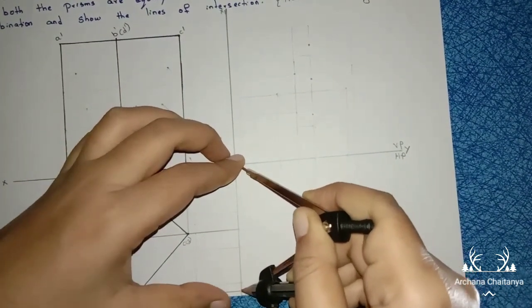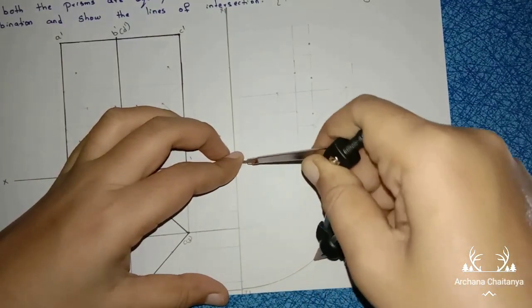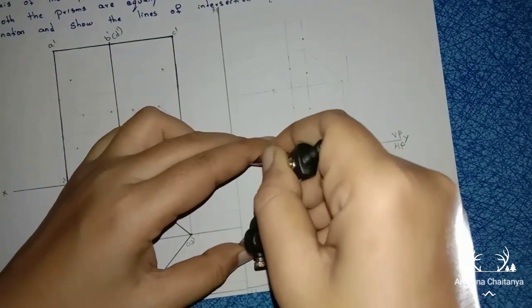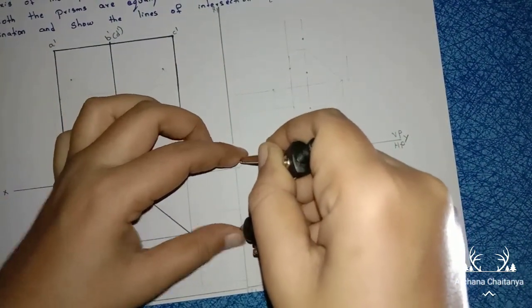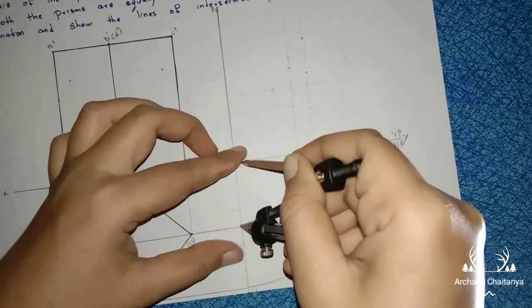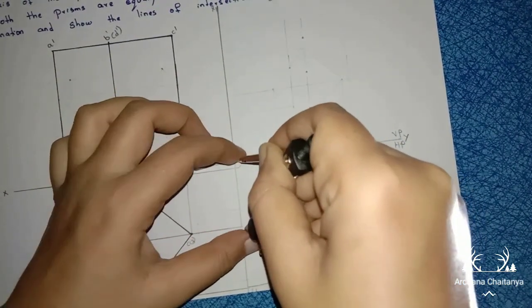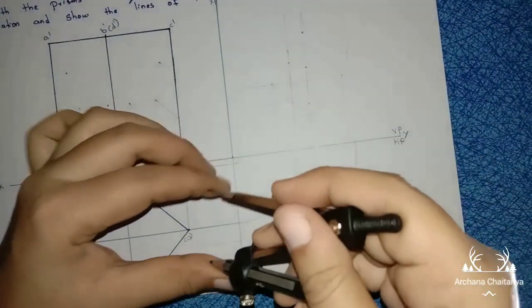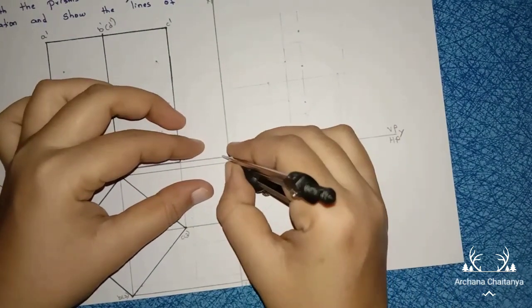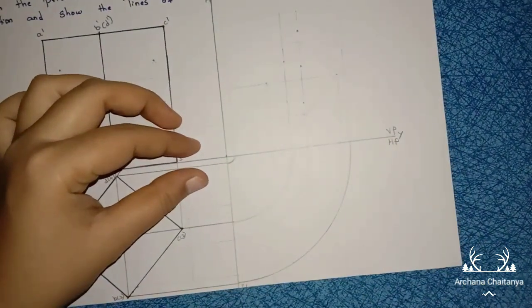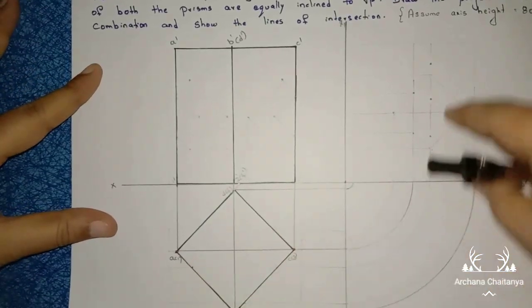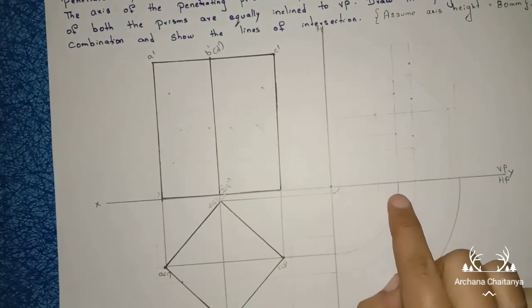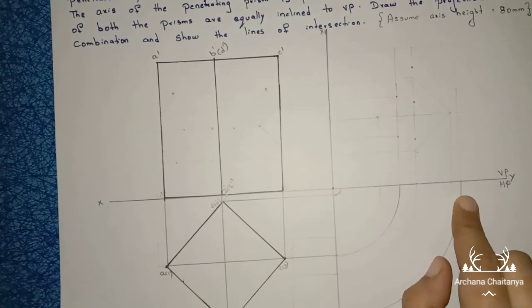Now draw an arc till this reference line, B of 2. Then next, same, place your compass here only, at the intersection of the two reference lines. Take this distance, draw an arc till the reference line. Again same, take this distance and draw an arc till the reference line. We are projecting this square prism here. Now from every point, from D of 4, from A of 1, C of 3, from B of 2,